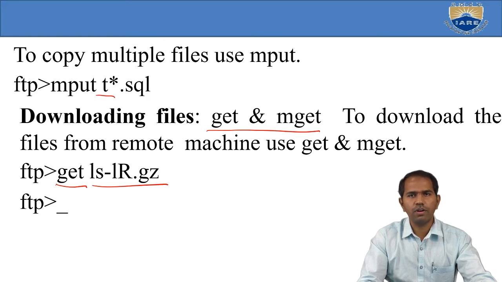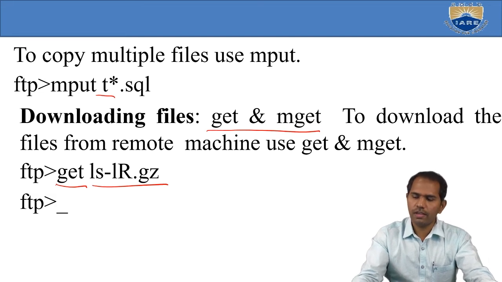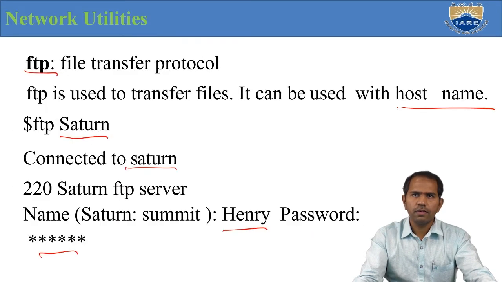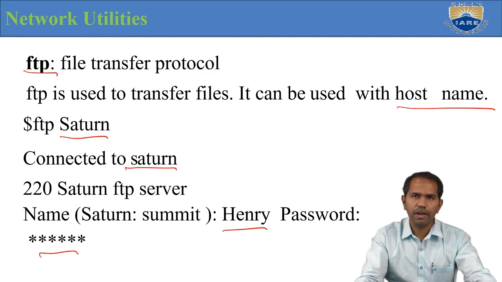There are two commands supported for uploading files and downloading files. So first, in network utilities, you'll see the transfer network utilities. By networking, we mean we can transfer a file from one place to another place. For that we can use FTP. FTP is one of the commands which supports transferring a file, moving a file from one place to another place.